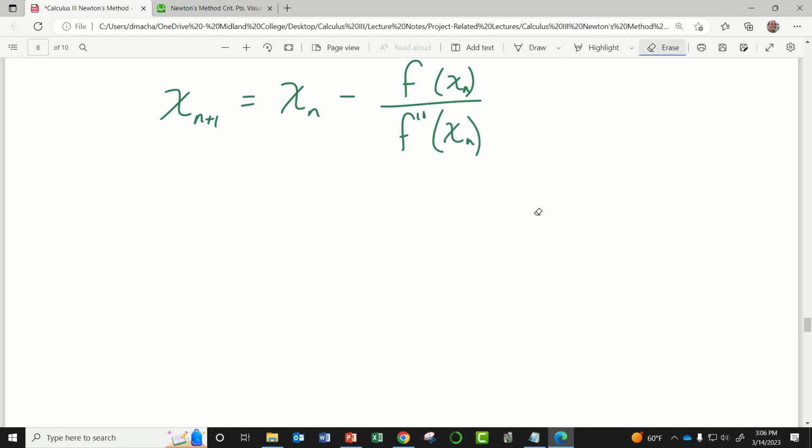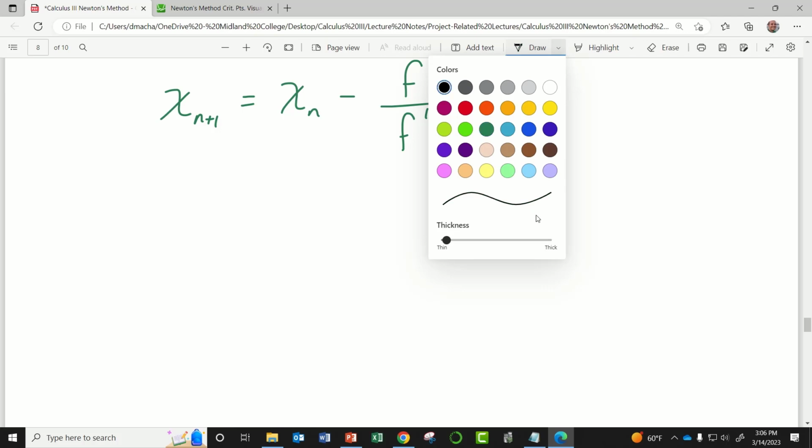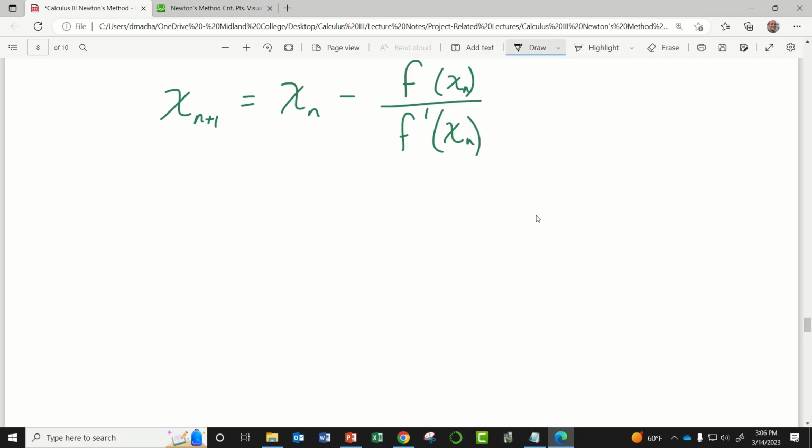What we're going to do is quickly rewrite what the Newton's method formula looks like. So x sub n plus 1 is equal to x sub n minus f of x sub n over f double prime of x sub n. Oh, sorry, that should be f prime. Gosh, so many little mistakes here. But this is the Newton's method formula for a single variable. Now, the tweak that we make for a multivariable function f